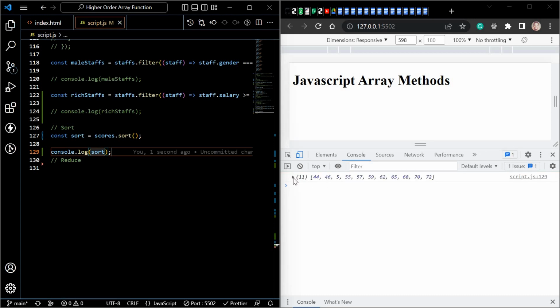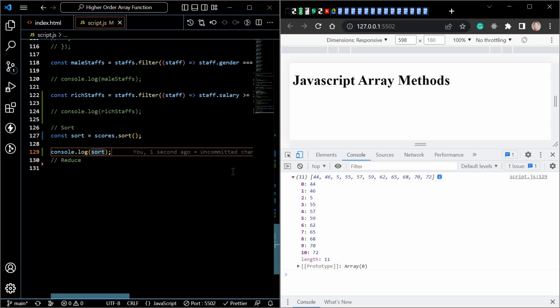You can see it has arranged it in an ascending order. But if you notice, there's a little bit of a hiccup here. After 5 was supposed to be the first, so it went from 44, 46, 5, 55. So just calling sort like that will sort in an ascending order, but it only looks at the first index in the item, right? So what it does is 4 is actually lesser than 5, so it takes all the 4 arguments first,